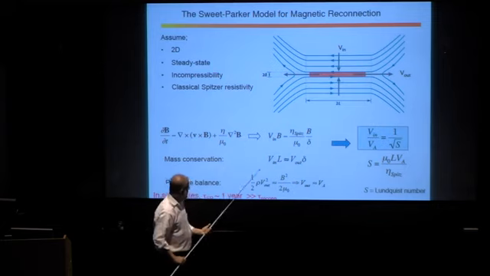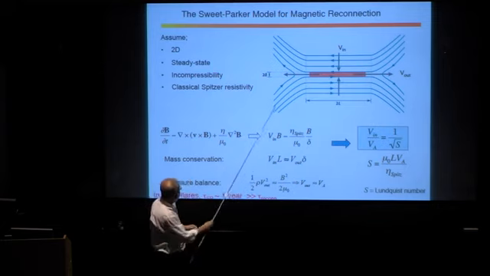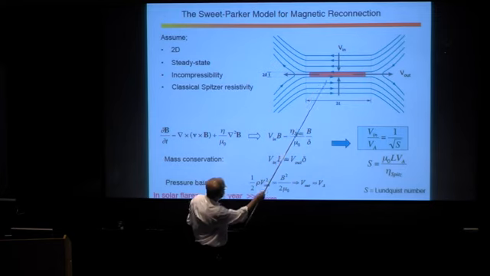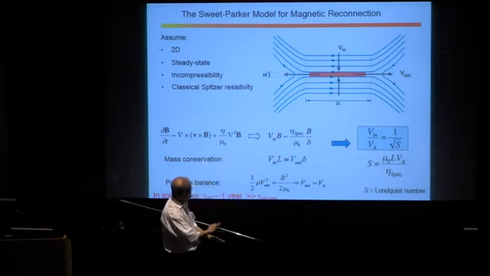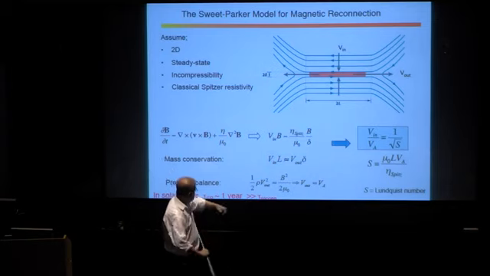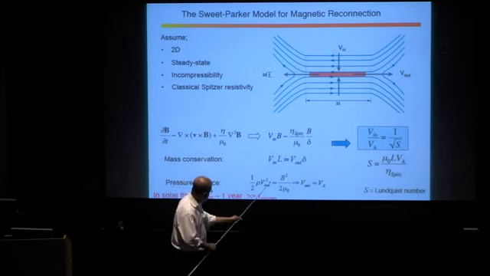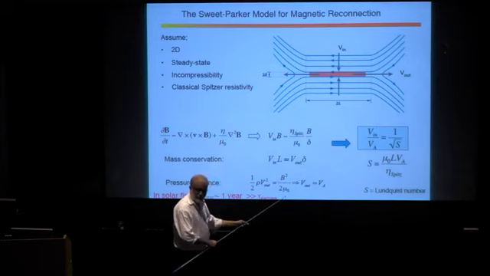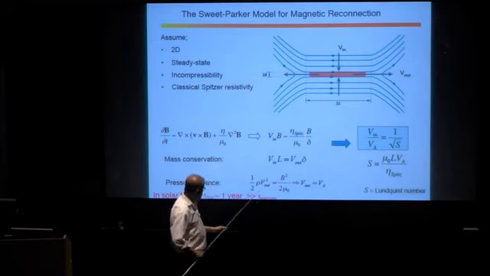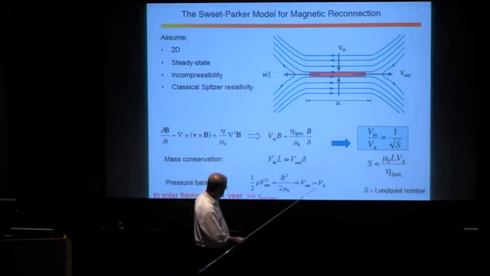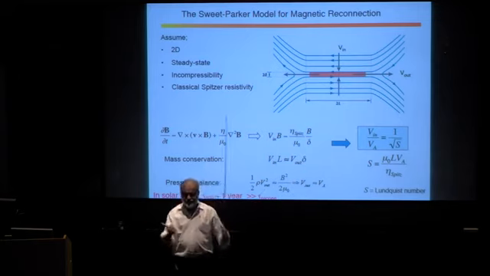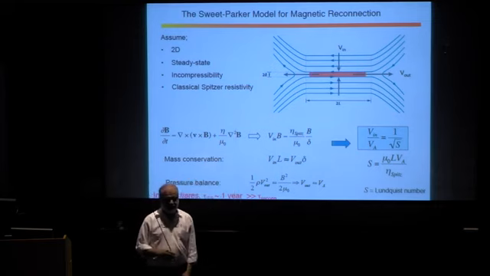With me? Right. Now, as the plasma is coming in, this is a region of low magnetic field. That's a region of high magnetic field. So the magnetic energy that is coming in is then pushed out as kinetic energy going out. So half rho v square out equals the magnetic energy coming in, B square over 2. So if you do simple inversion of this, you get that the speed with which the fluid is ejected out of the layer goes like the Alfvén speed.